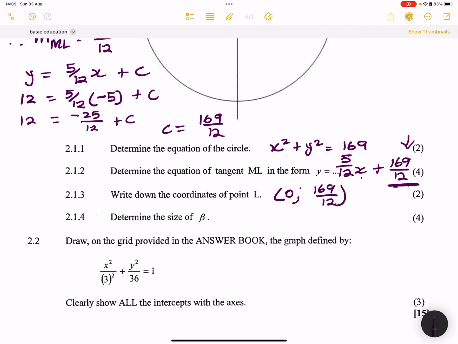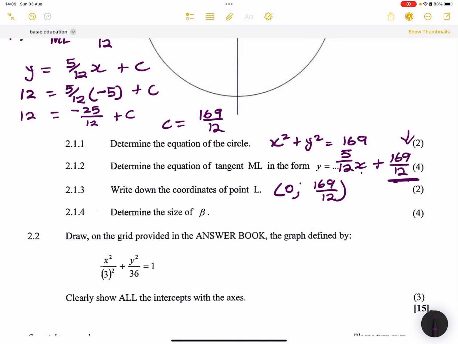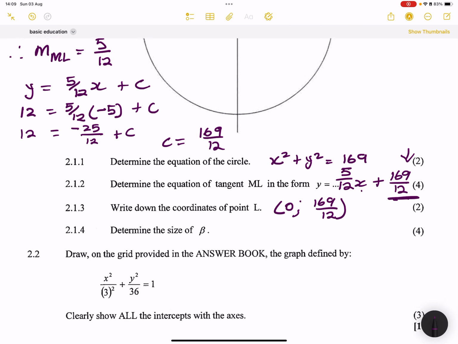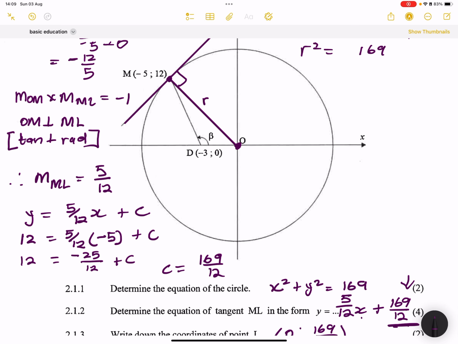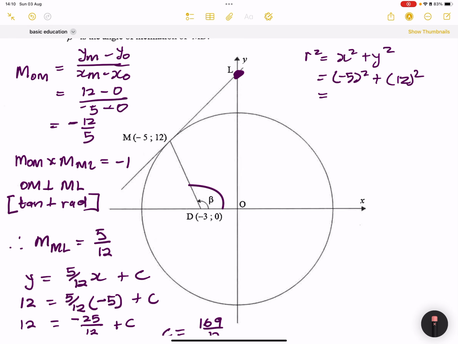And then they say to us, determine the size of beta. So now we want to find out what is the angle beta. So let's just remove those lines there. What we'd need to do is get the gradient, okay? So if we know the gradient, then we can use in this case the tangent. So I'm going to first determine the gradient over there. I'm going to say, well, the gradient of MD,